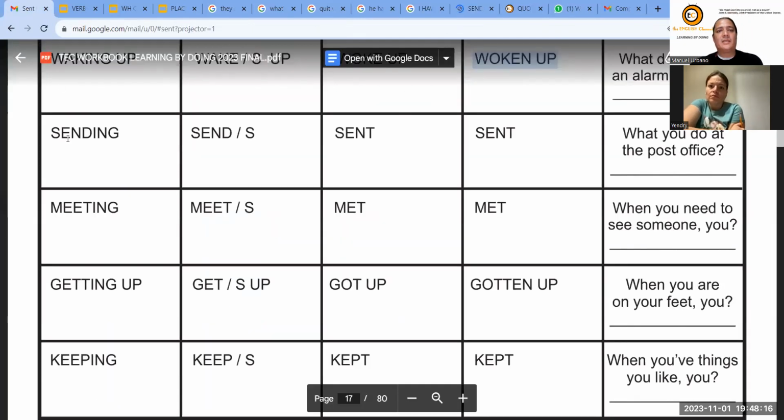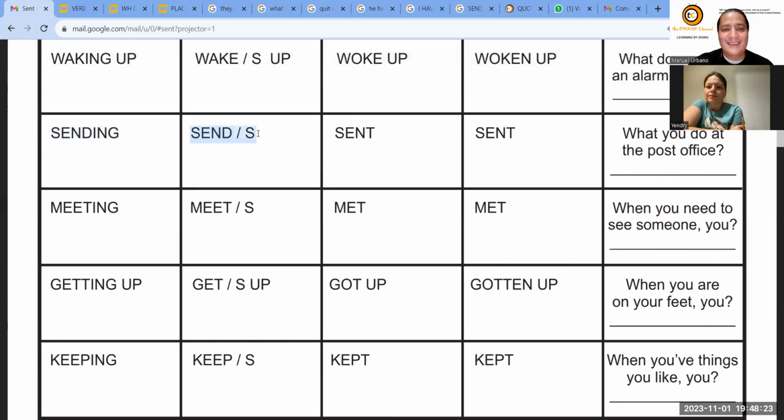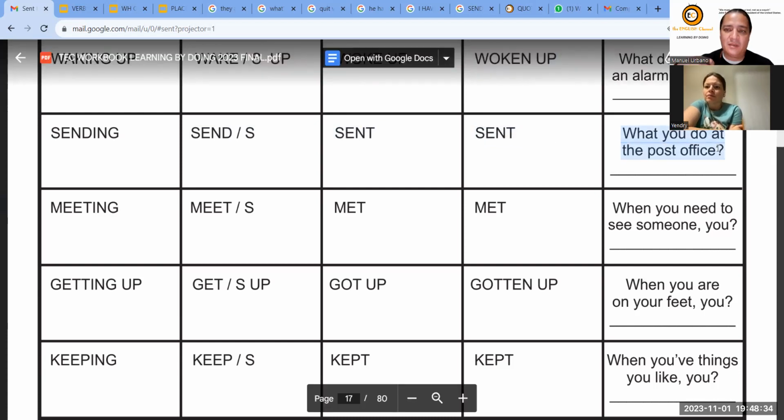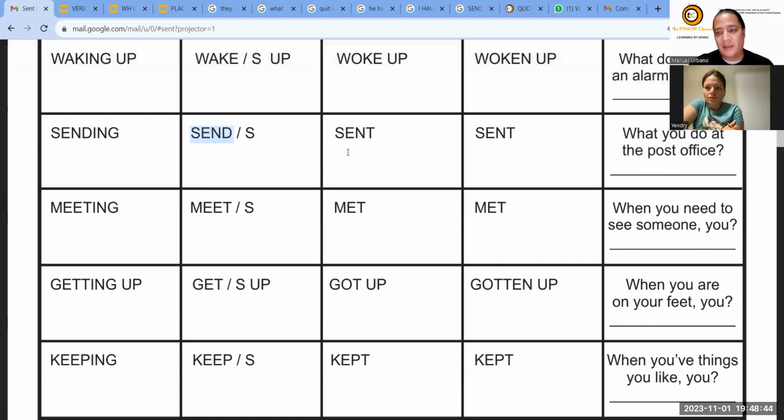All right. I'm just getting ready with the next verb. So please repeat sending. Send. Sends. Sent. What you do at the post office, you send envelopes, you send money orders, you send packages, you send everything. So this one, you just have to remember that present is like a D, so send. And then in the past, it's a T, so it's sent, right? That's it.